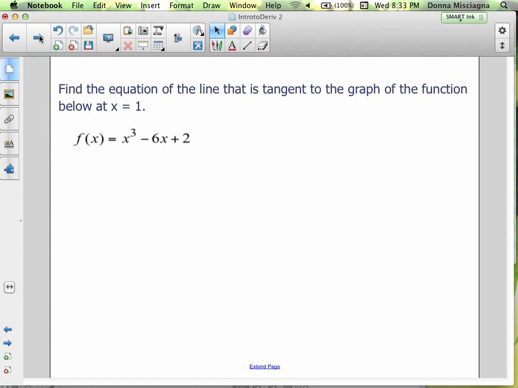All right, so we want to find the equation of the line that's tangent to the graph of the function below at x equals 1. You see a cube there. Let's set up our equation, and then we'll talk about the cube. I'm just going to squeeze it up here. Remember our derivative,